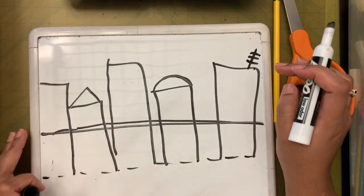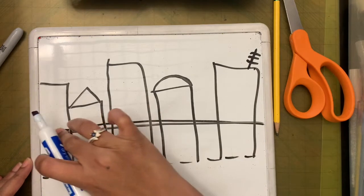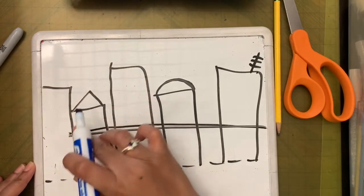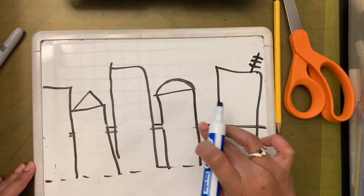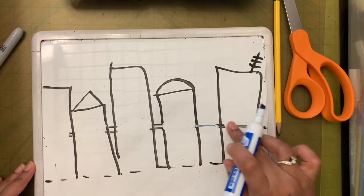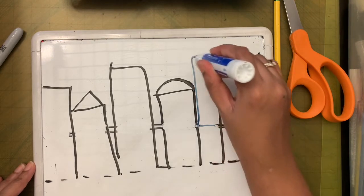Now behind this, I'm going to draw another set of buildings. So these buildings, you're not actually seeing these lines, this line here. From here, I'm going to